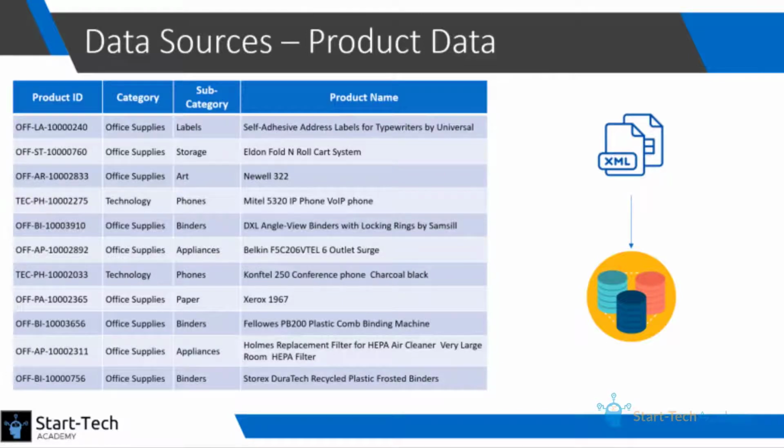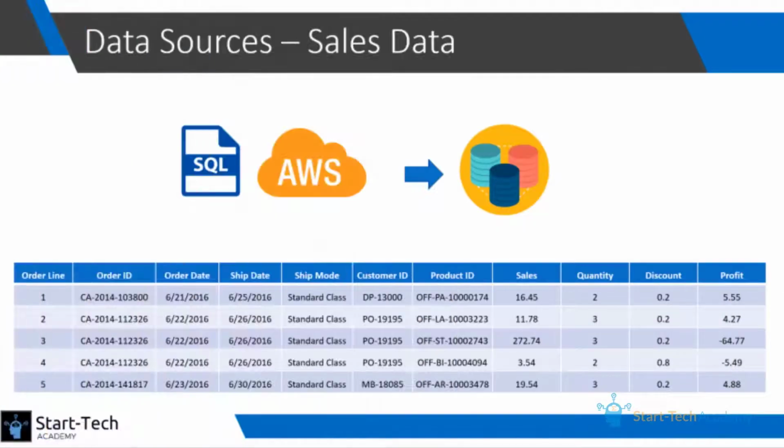Now let us look at the sales transactions. Every time a product is sold, the transaction is stored in an SQL database. However, this SQL database stores only transactions of the current year. All the old transactions are dumped on a cloud storage service such as Amazon S3. This is done to save some space and make the SQL database more responsive.